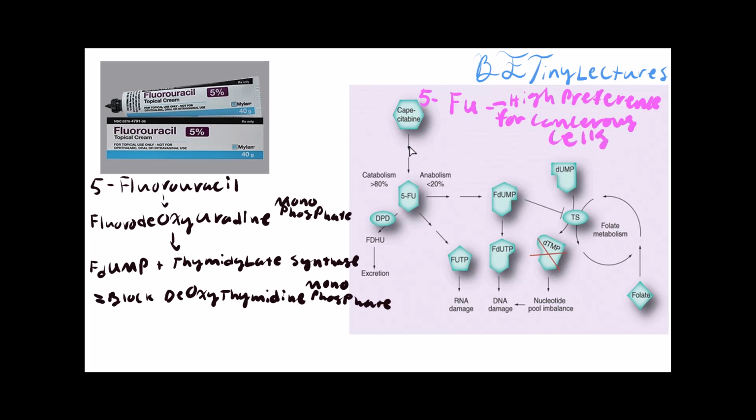cells. So let's say that we have a cancerous cell right there and it's going to be pink, and then we have a normal skin cell right there. And then we're going to put some 5-fluorouracil on top of it. It's a cream. Here we're going to have some absorption of the 5-fluorouracil inside the cell, but not as much. However, for the cancerous skin cells, for whatever reason, we have a high absorption rate of 5-fluorouracil inside the cancerous cell. So now this DNA of the cancer cell can no longer repair itself. So it has a high preference for cancerous cells, and it has a slight absorption rate for the healthy skin cells. Therefore, the usage of 5-fluorouracil is not going to damage the healthy skin cells as much. Yes, there is some loss of DNA repair for normal skin cells, but not to the same level as cancerous